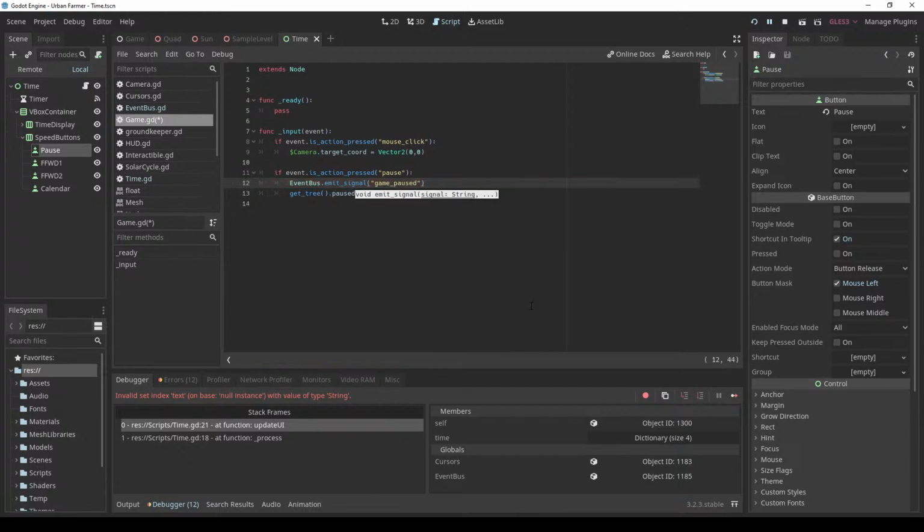So when the pausing action happens, we should tell the game or event bus that we want to trigger game pause. And this line will go into the central